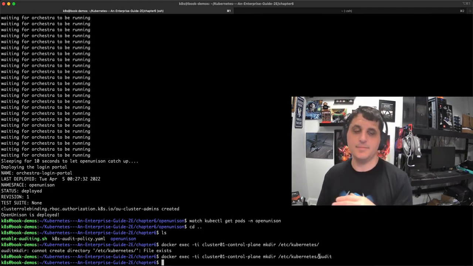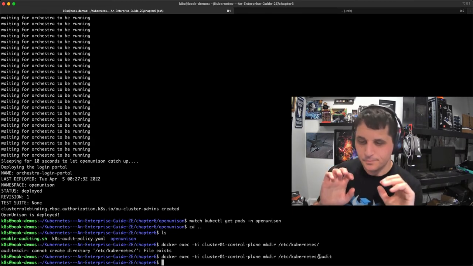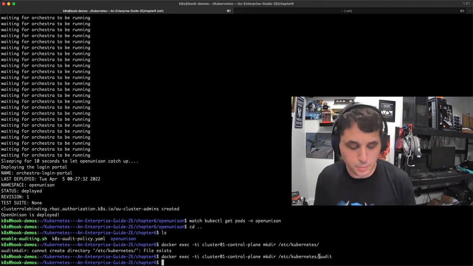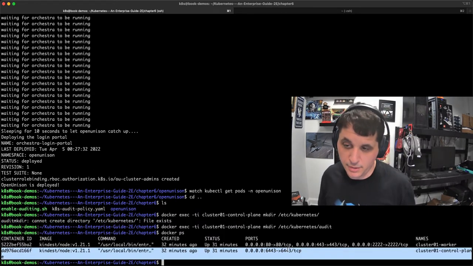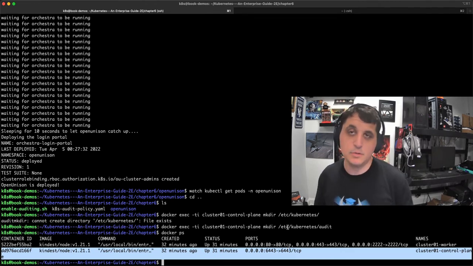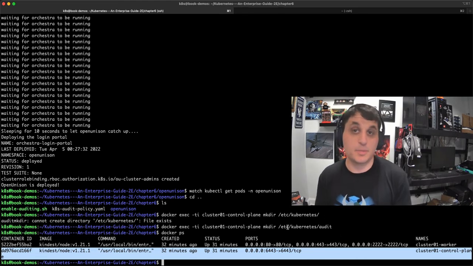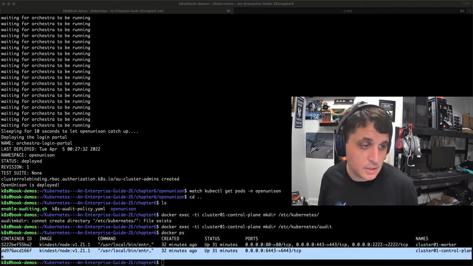So remember, kind, Russian dolls. So kind is a Kubernetes cluster that's running inside of Docker containers. So you've got containers inside of containers. And so our control plane container runs our control plane. And so we need to set up that control plane container in order to accept the logs. So the first thing we did was we created the logs. Next thing we need to do is we need to copy,